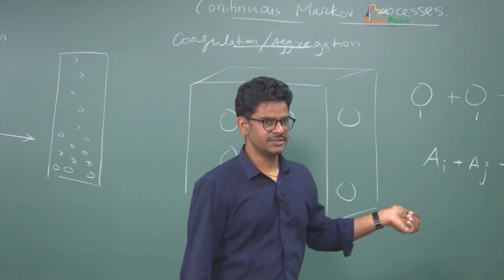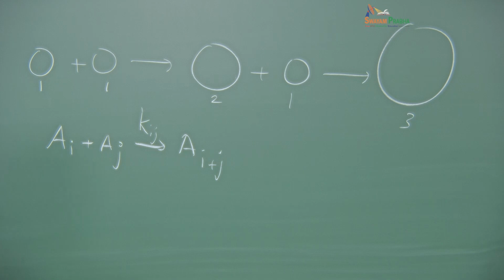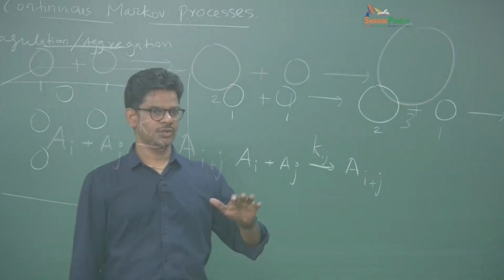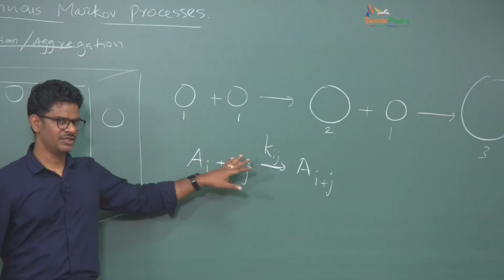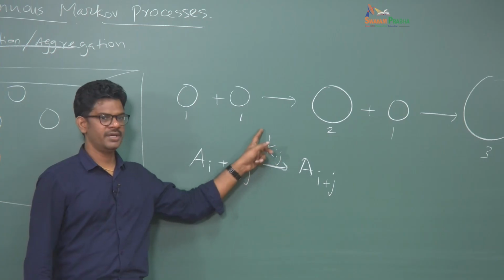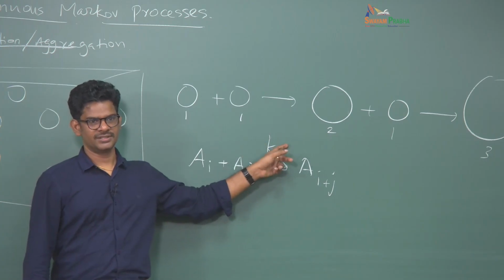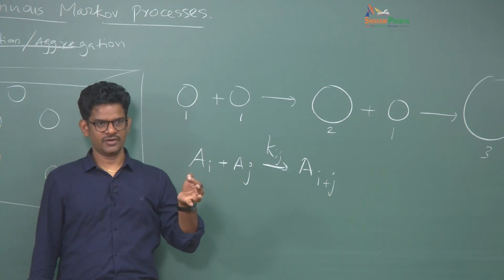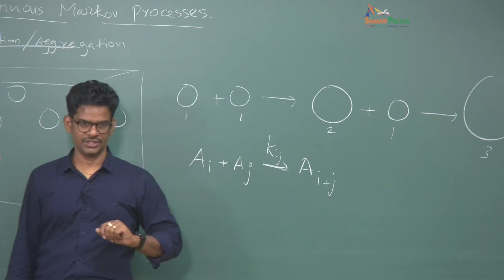So in this case, I'm going to define number concentration as a stochastic variable here. Okay, so I'll come back to this; when I show this equation you will know how. But before we do this, let us look at how to estimate this rate constant. The rate constant is a collision rate constant between two aggregates of size i and j.